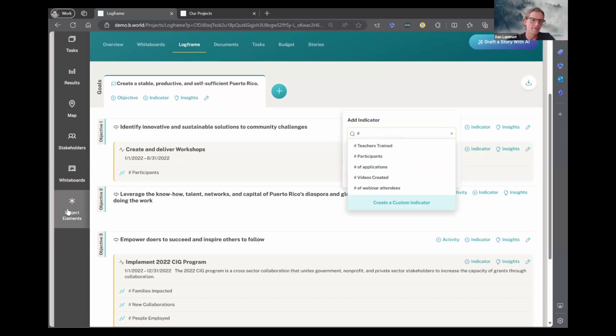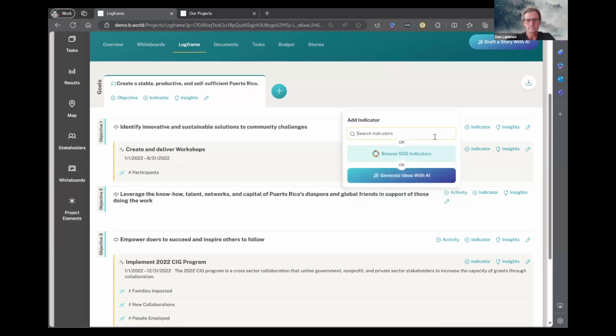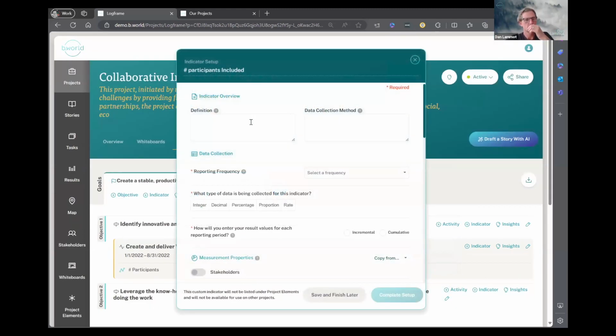We have a library of indicators, activities, goals, and objectives that you can create in project elements. And that can be a huge help for normalizing your results across your different projects. So you could just pick one if you wanted. But in this case, I'm going to actually create a new one. And I'll just create a custom indicator so you get a quick view of what the indicator design window looks